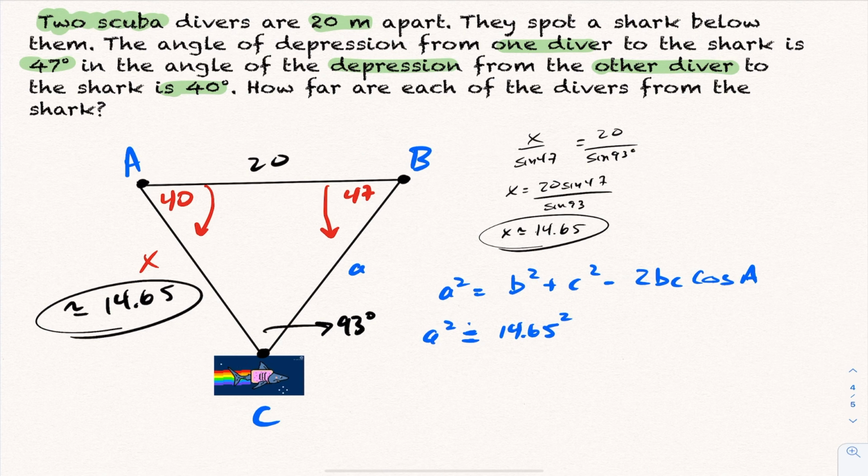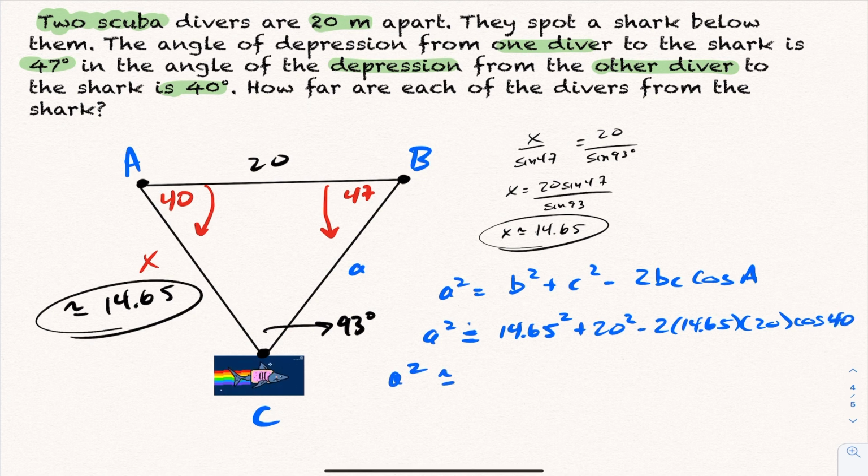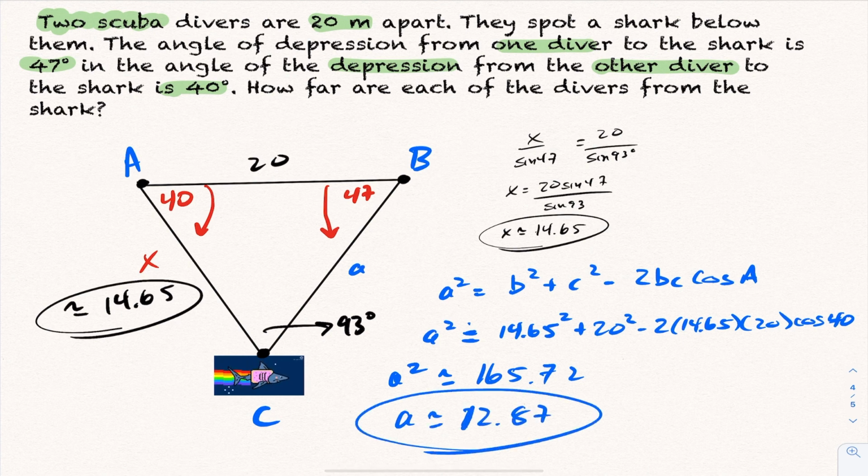14.65 squared plus 20 squared minus 2 times 14.65 times that 20 times the cos of angle A. And in this case here, we know what angle A is. Angle A is 40. So if you punch this all in your calculator all the way across, you get approximately 165.72. And taking the square root, we get approximately 12.87. So the length, the distance that this diver is from the shark is 12.87 meters, whereas this diver is